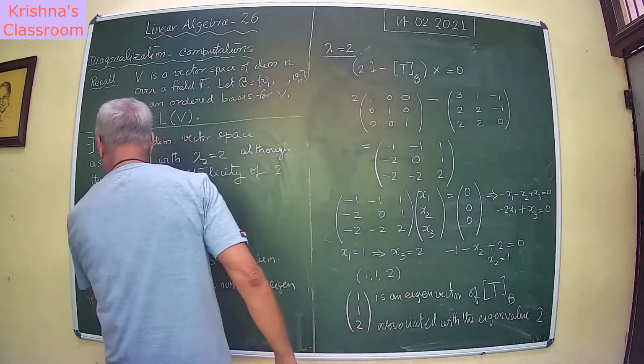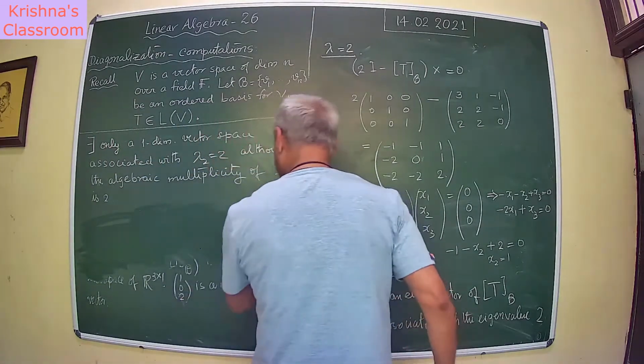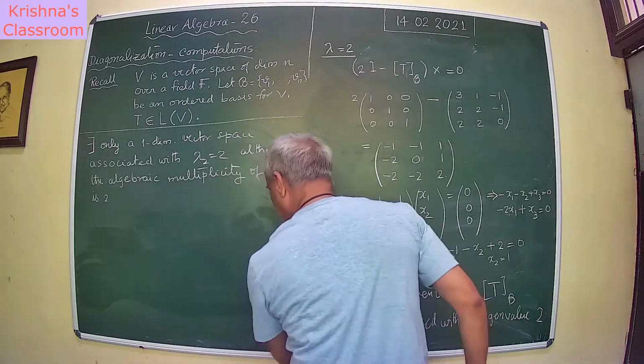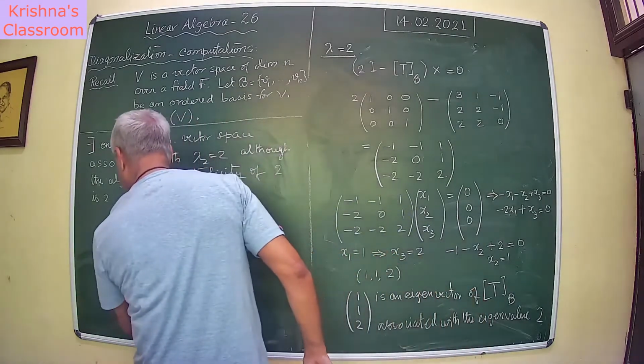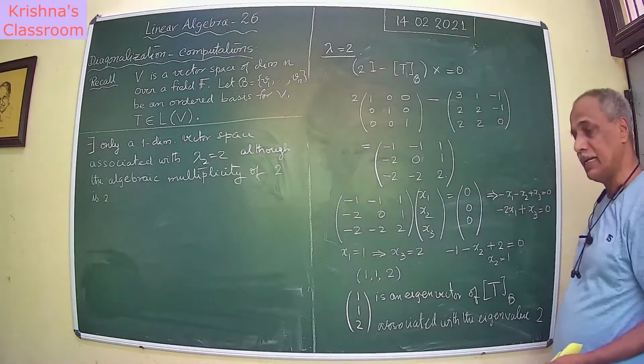So the algebraic multiplicity of an eigenvalue need not be equal to the dimension of the null space associated with it. Okay. In short,